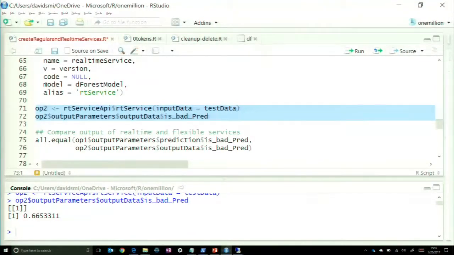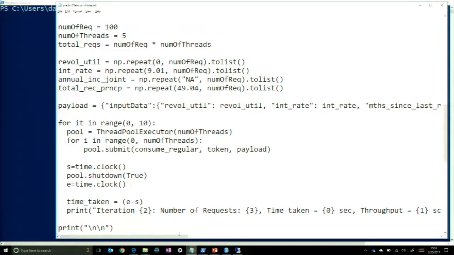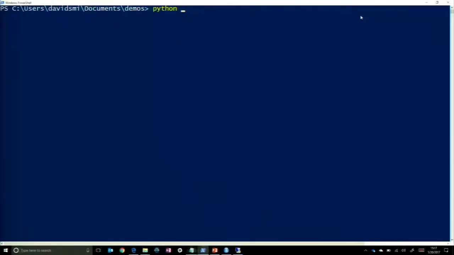What I'm actually going to do is use a separate client, and hold your breath, I am actually going to use Python as my client here. I've never given a Python demo before. I barely know Python. So thank you to Pratik at Microsoft for helping me set up this client. Just to show you the code for those of you that might know Python better than I do. It's just looping through, generating a bunch of requests at this service. It's pulling them up 100 at a time, and then setting up a bunch of simultaneous threads to try and load up the server.